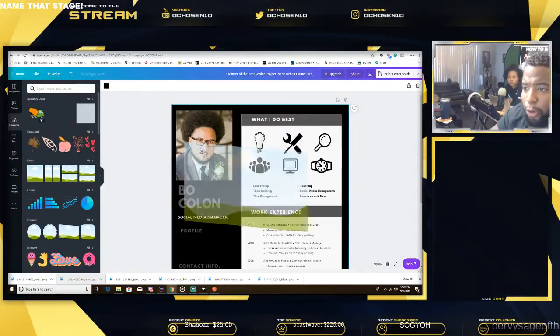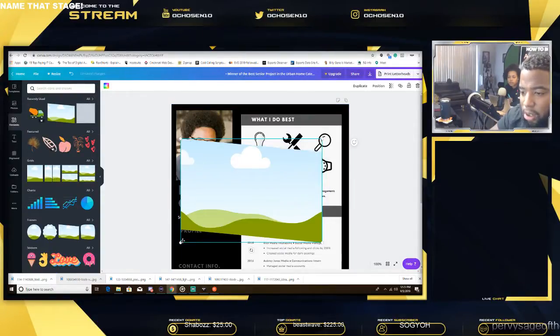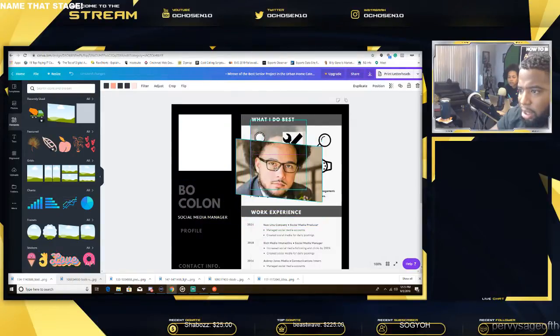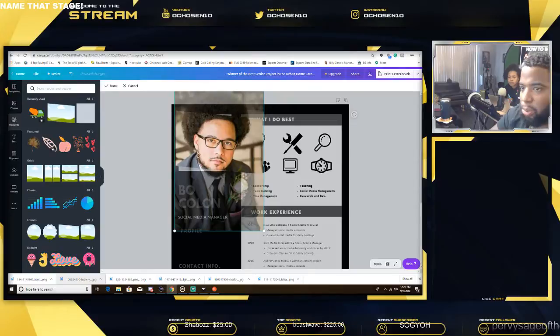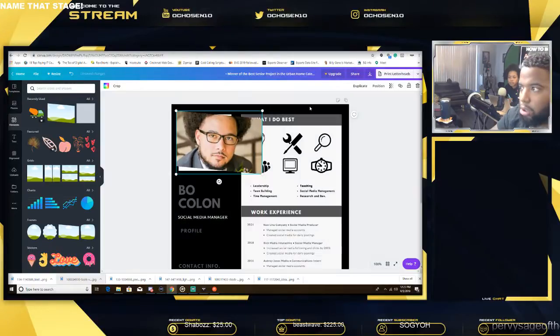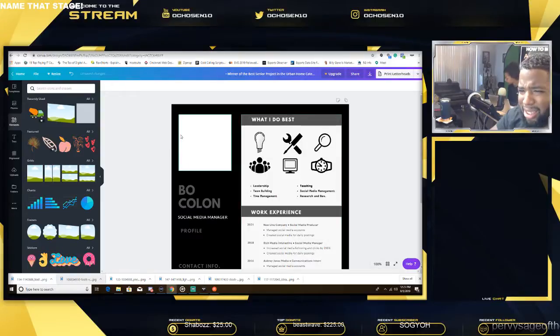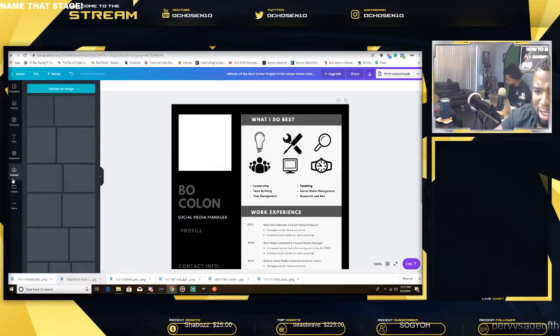Different ways to use frames for pictures and stuff like that. We can do something like that. You can slice the picture up and stuff, but this wouldn't work. That one wouldn't work. Cancel. Delete. Frame. Oh, what? That was crazy.